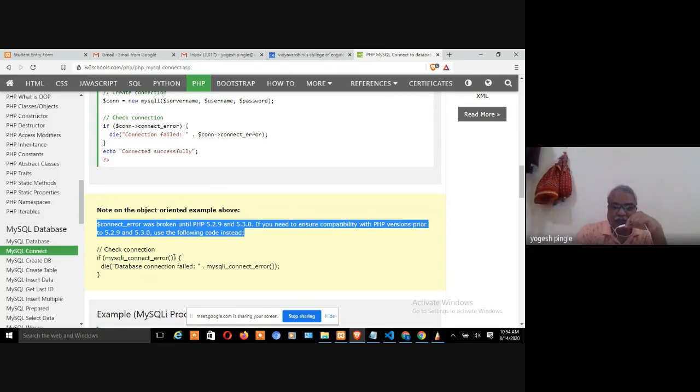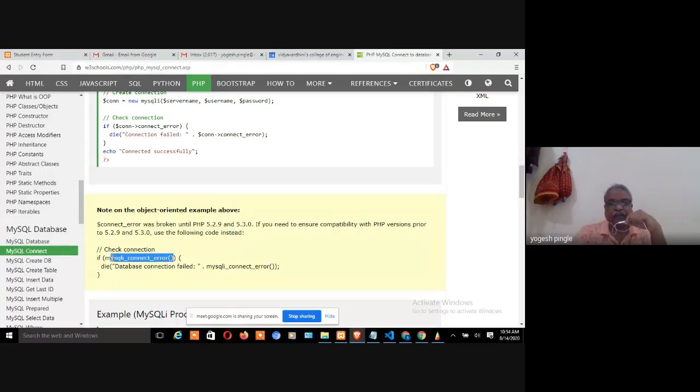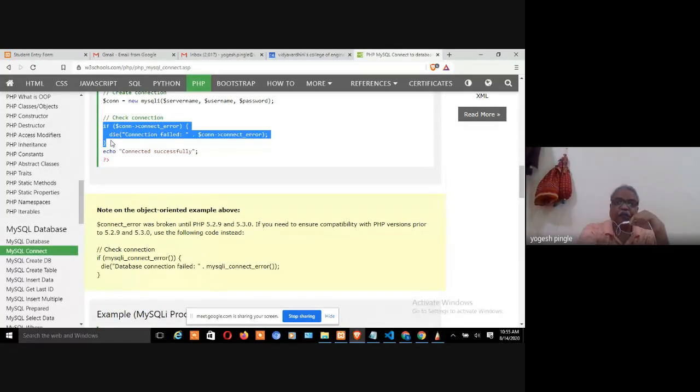That means if you are using PHP 5.0 to 5.3 onwards, then it will work, because whatever server you are installing, XAMPP, WAMP, or any other, you do not know the correct version of PHP. So how is it compatible? If you write like this directly, then your problem will get solved. You need not have this pointer and everything, because if you use this, you may get the output on your screen. But let's say if you give me the code, and I am using a browser where the versions of PHP differ, then what is going to happen? I am getting the error.